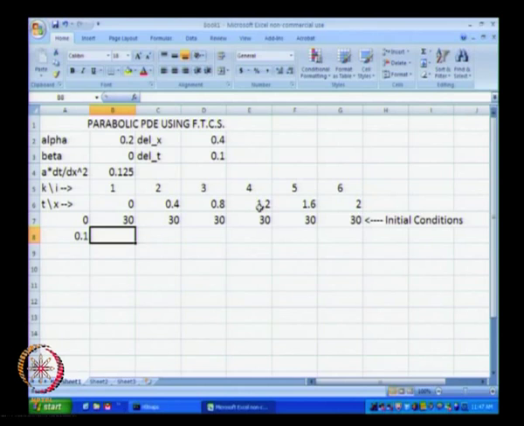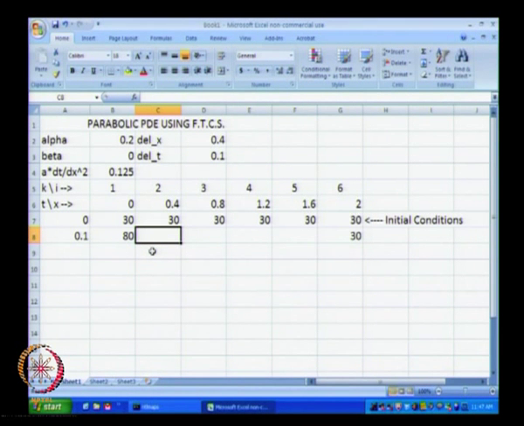Okay. So, what happens at time 0.1 is our boundary condition changes: at one end of the rod the temperature is suddenly made 80, and at the other end we have the temperature kept at 30. We want to find out how the temperature changes for all the internal points. So, this is the temperature T i comma k, which is going to be equal to T 2 comma 2.